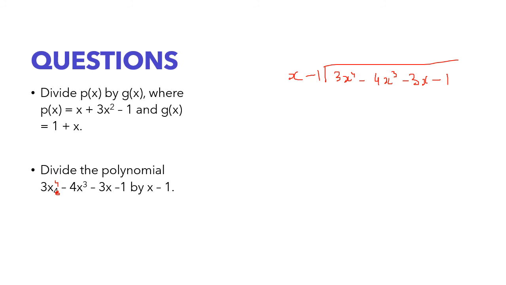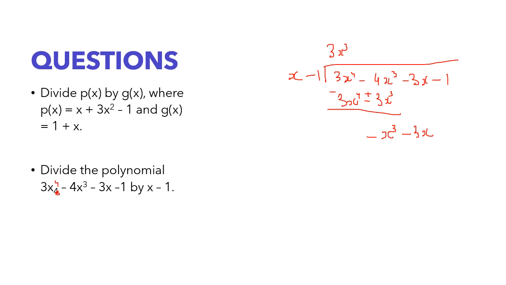So here, as you can see, I am going to do the things now. x into what is 3x to the power 4? 3x cube, right? When you multiply x with 3x cube, you get 3x to the power 4. Minus 1 into 3x cube will be minus 3x cube, right? Next step is to subtract. Minus becomes plus, and minus 4 plus 3 gives minus 1x cube, so I'm writing it as minus x cube. Then I'm taking this one down, minus 3x.